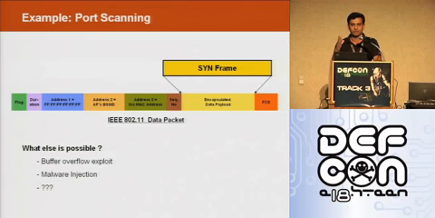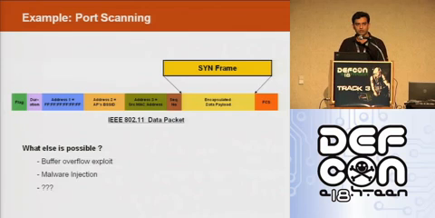So just think what else is possible. If I know that this payload is going to cause some buffer overflow, then I can inject that packet, right? I can also inject malware. So a frame is available in which the attacker can encapsulate a payload of his choice and cause serious damage to other Wi-Fi users.